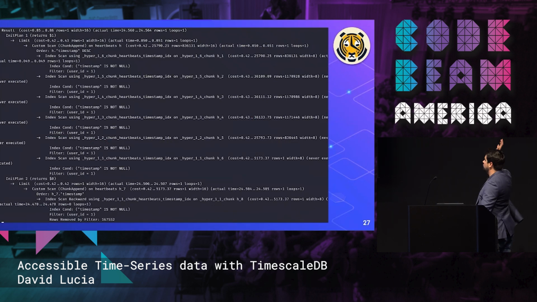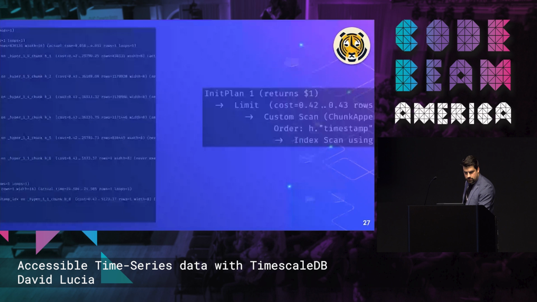OK, so we got this giant query plan right here. To get the first and last rows, Timescale is actually going to change the way that Postgres works with the query planner, and it's going to use special indices to pull data out faster. So I generated an application with 5 million rows, and I was able to pull out the first and last of that data set in about, I think, 25 milliseconds.